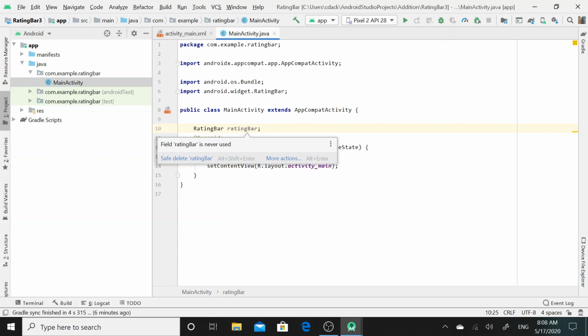So this is the reference of the RatingBar class.